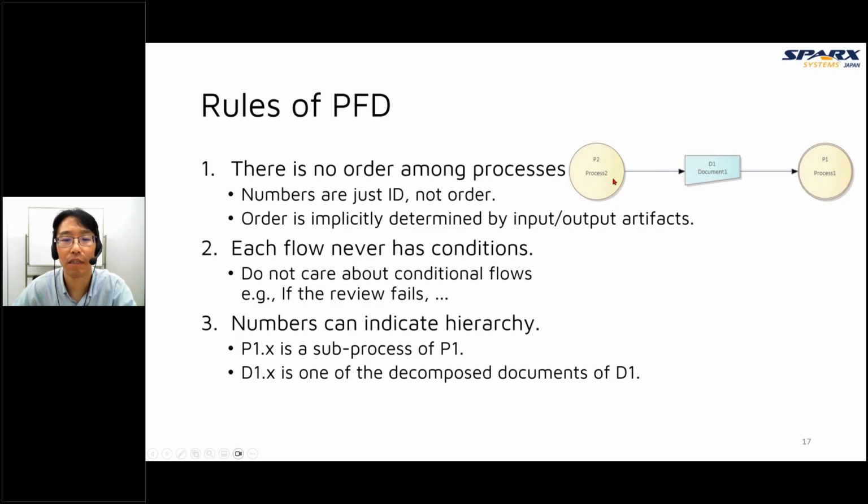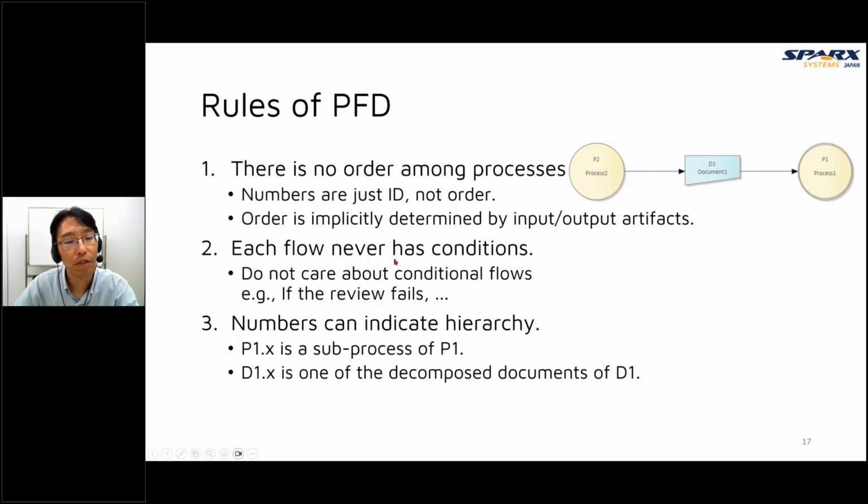Here, process 2 creates document 1, and document 1 is used in process 1. So P2 is first and P1 is second. So order is not the same as ID. Order is implicitly determined by seeing the flows in the process flow diagram.